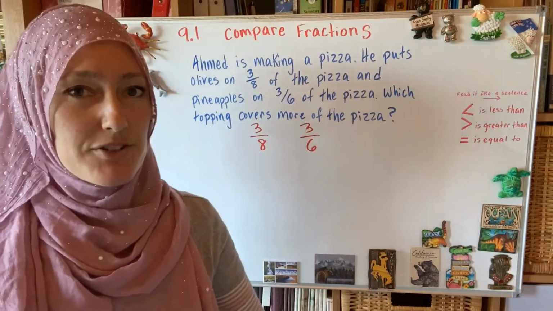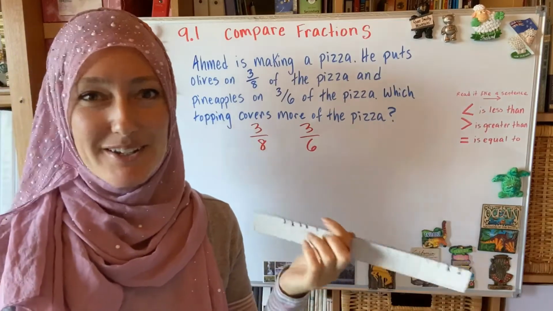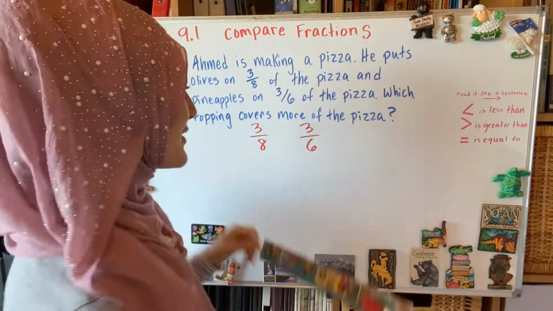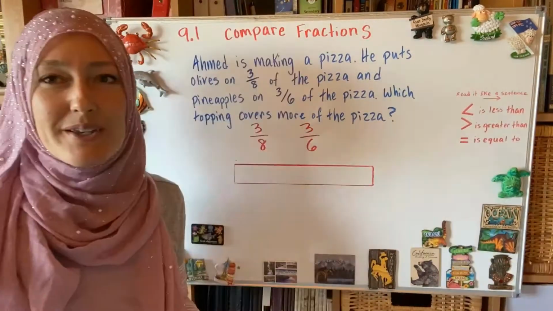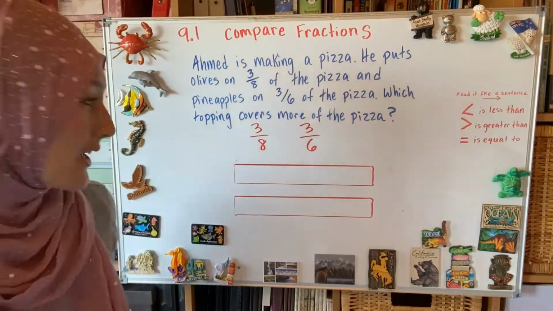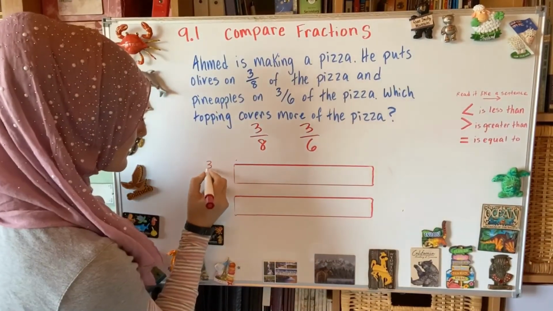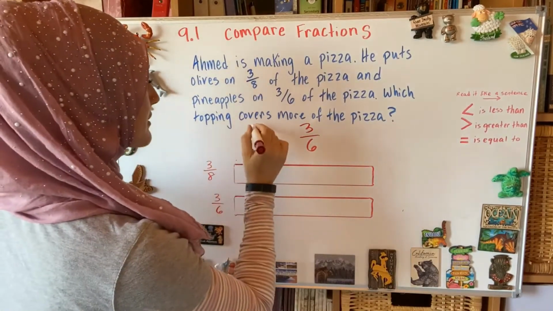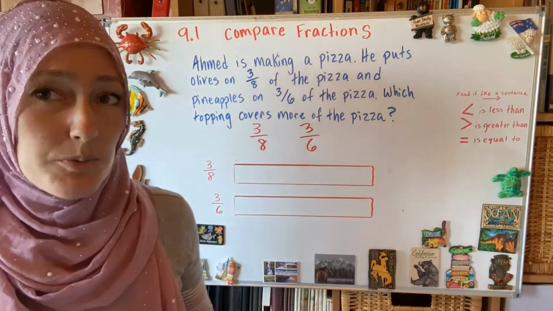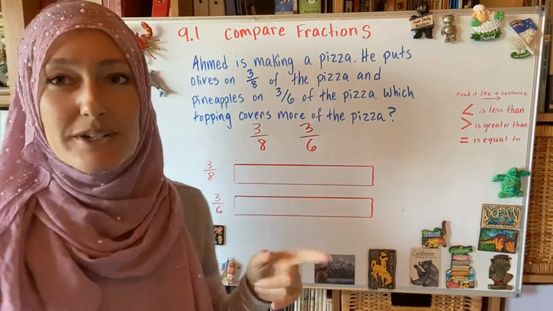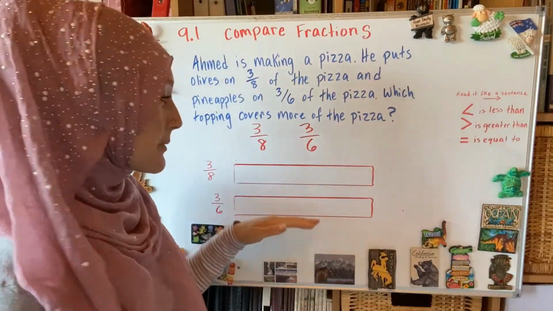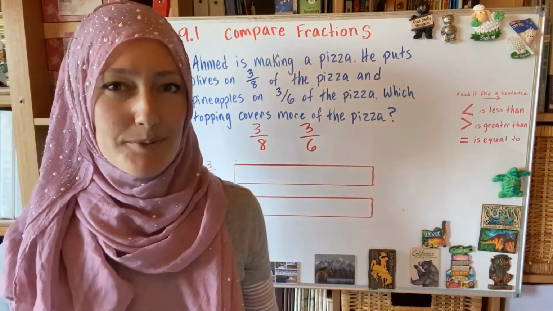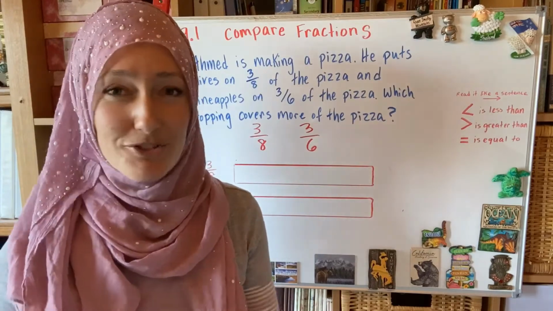And we want to take from the parts of it the same amount. So if you don't have fraction strips, you can get anything that's a shape. It could be a ruler, it could be anything. So here's how you could do it. One of them, we'll put 3/8 here, and this one will be 3/6. Actually, we can just leave it there. So here's what you need to do. We need to cut this one into 1/8 sized pieces and this one into 1/6 sized pieces. This won't be absolutely accurate because we're doing our best, but hopefully it'll give us a close enough